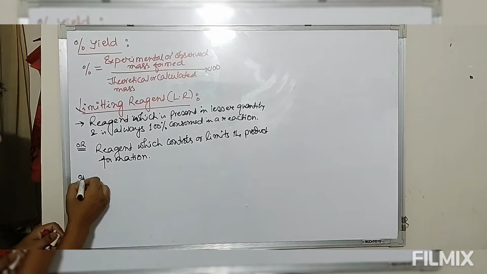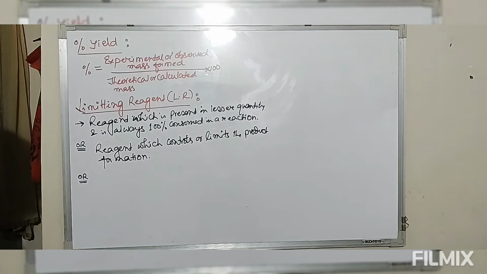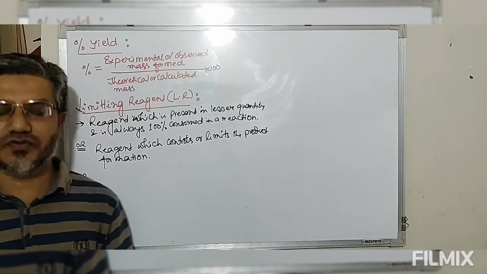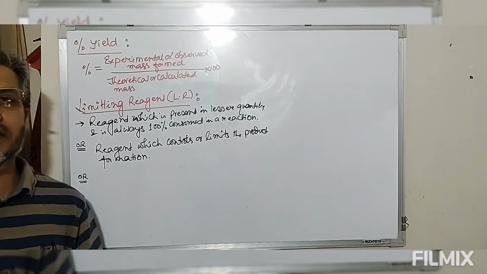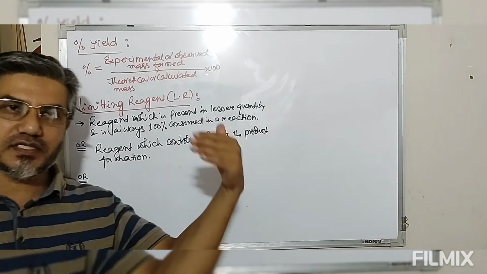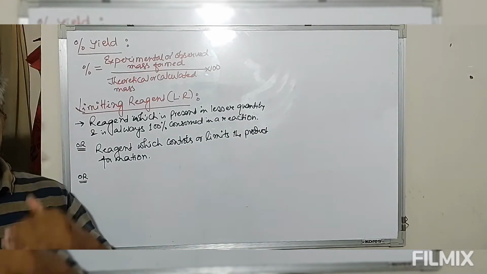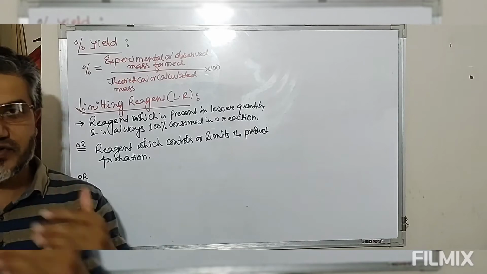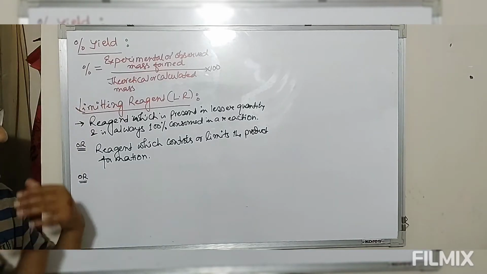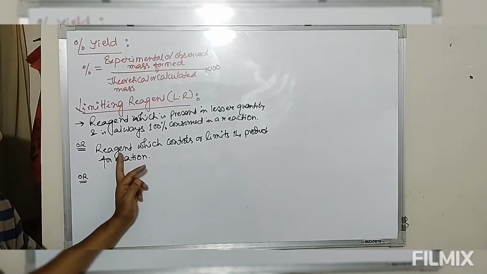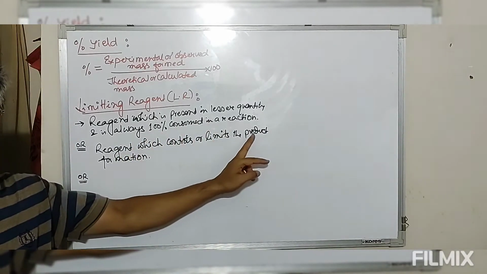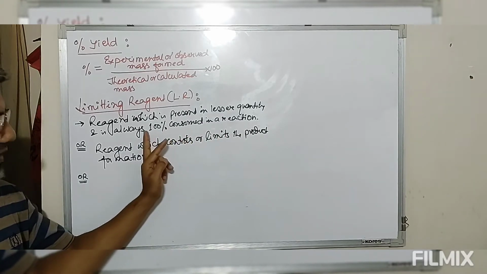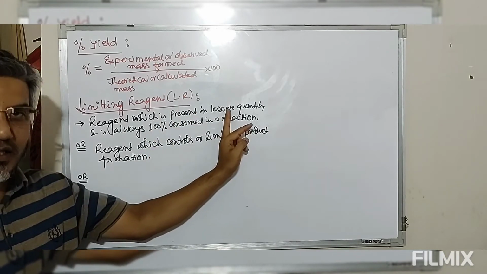Or we can also have another definition. Now we have taken these reactants in different amounts. So in any given chemical reaction, the reactant which gives you the least value of the product will always be the limiting reagent. Because why does this give the least value of the product? Because look at this, it controls the product formation. If this controls the product formation, it means this is 100% consumed. So the one that is 100% consumed is the one which is present in the lesser quantity.